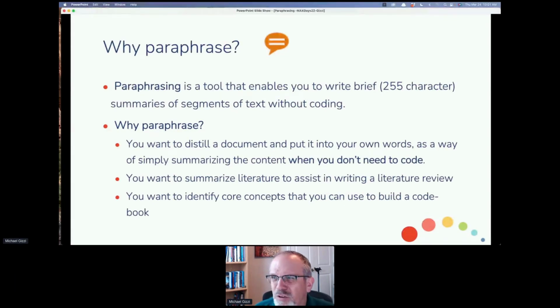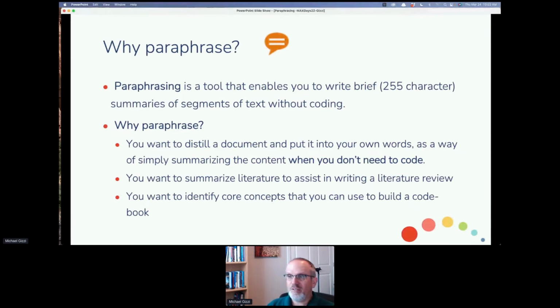Why would you want to paraphrase? Paraphrasing is taking something that someone else has written and putting it in your own words. It's an interpretation of another document. You may want to paraphrase because you want to distill a document, a way of simply summarizing the content when you don't need to code.